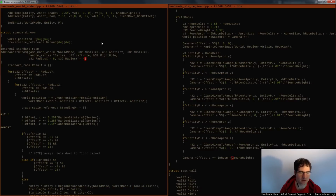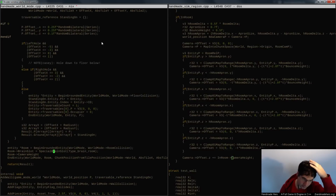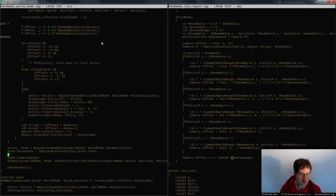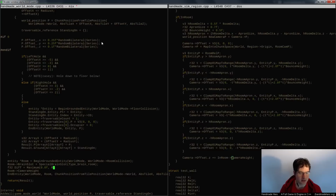So here's our radius x and radius y. What I could do is make the camera height be proportional to their difference from the default or something like that, right? So let's suppose that we had a diff value here, and that was going to be a clamped value, where I'm going to say it can't be less than 0, but it's got to be something greater than 0, where I take these two values, radius x and radius y. I'll say radius x minus its default, which is 8 for now. And then I'll take the